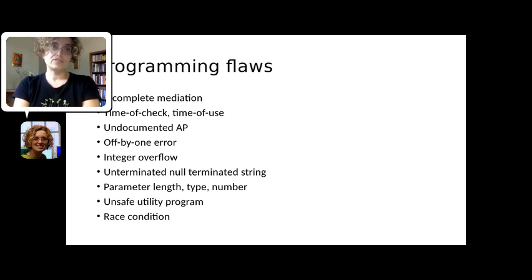And then, of course, unsafe utility programs, unsafe libraries like strcpy versus strncpy. And then race conditions, these are very hard to find. They could have to do with your multi-threading, where a procedure is being executed and the outcome affects another procedure, and there may be an infinite loop, a race condition, where inconsistent outcomes may happen and affect the integrity. This last one in the list is very difficult to find.